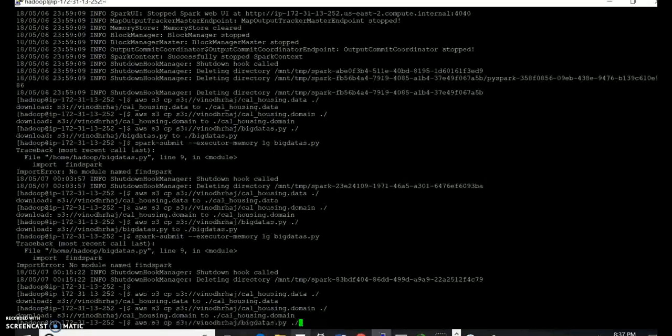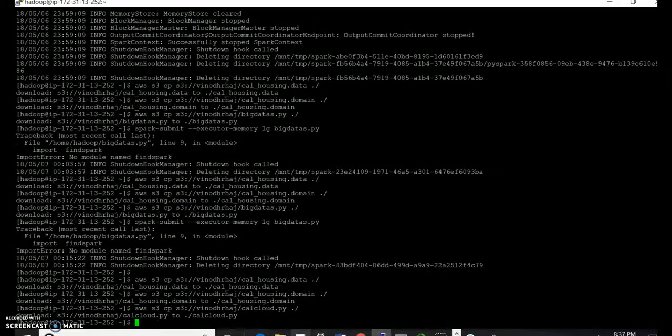The big part of the file comes from the big data project, which was explained earlier, but just for the demonstration purpose of this cloud implementation, I'm using this calcode.py file. Again, this is downloaded to EMR now. Now let's do a Spark job submission.